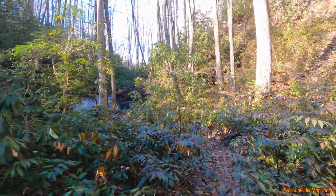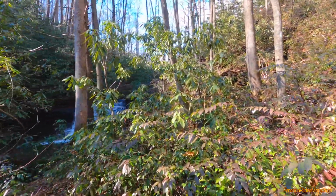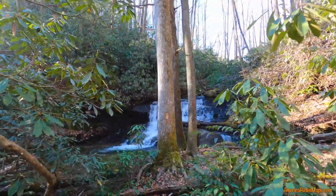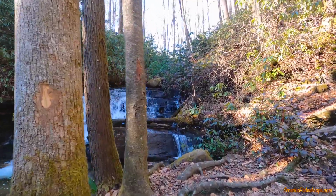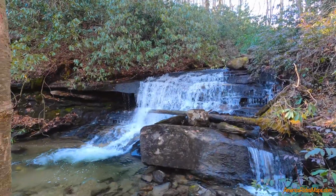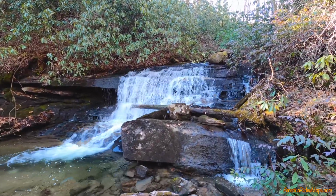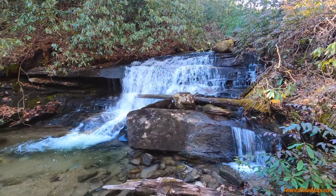So this isn't a real big waterfall. It is only about 10 feet or so, but it's really pretty. I think it's worth a stop. This is Little Fern Falls, and I'm told it is absolutely gorgeous in the spring because there's a lot of flowers that bloom all around here. Well, that looks kind